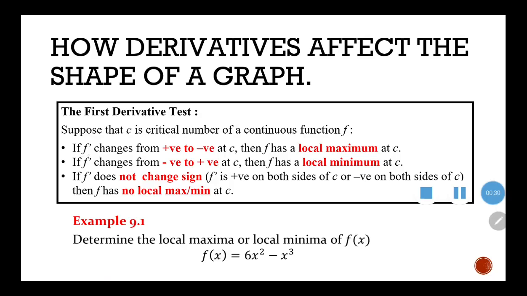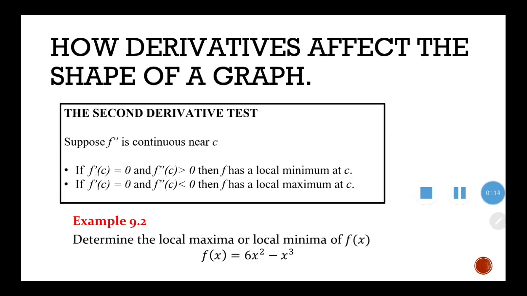If f prime changes from positive to negative at C, then f has a local maximum at C. And if f prime changes from negative to positive at C, then f has a local minimum at C. If f prime does not change sign, there is no local maximum or minimum at C. I know it's hard to understand in written form. We have to do the example first, right? Okay,